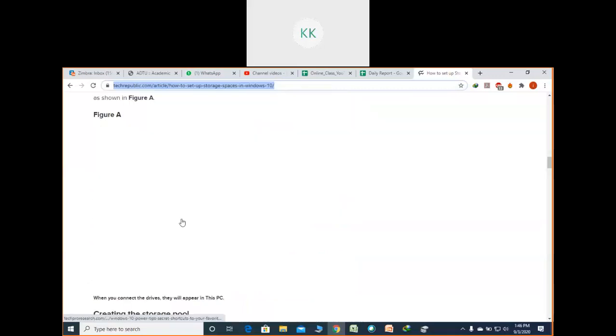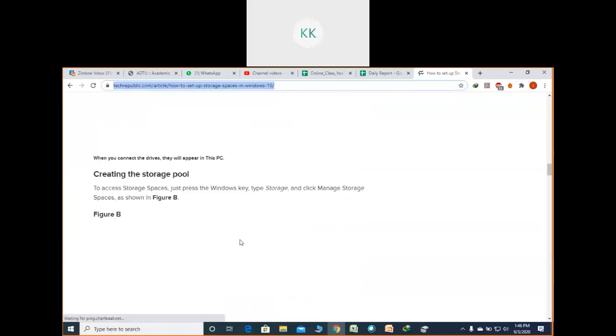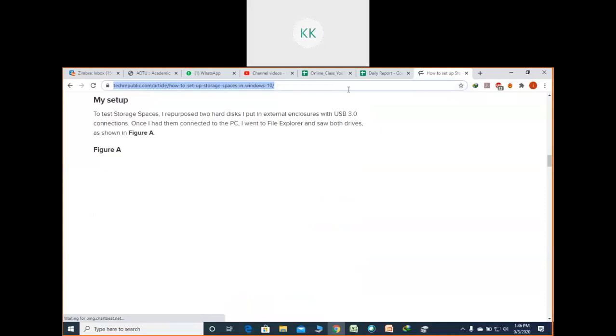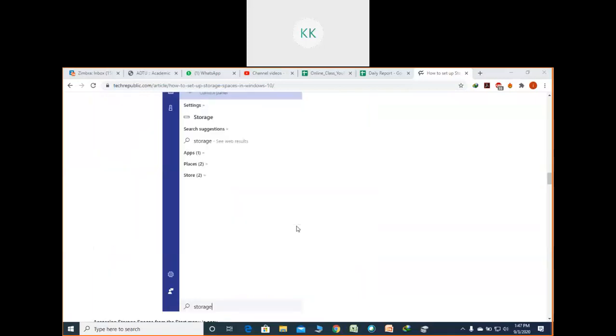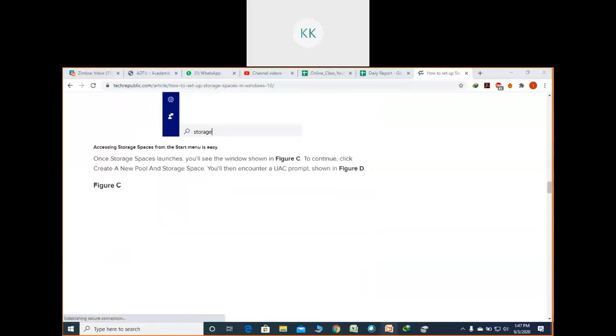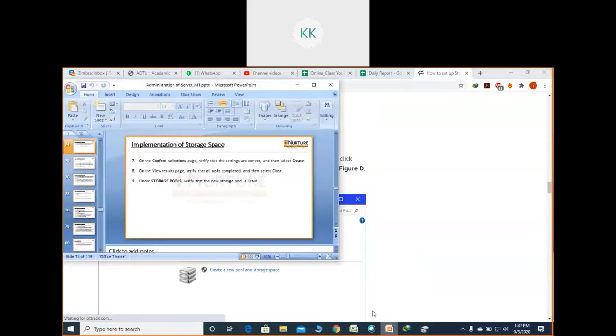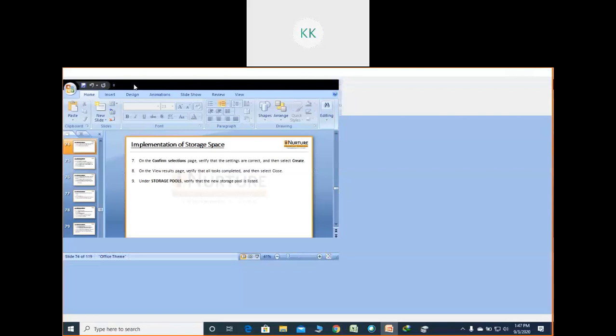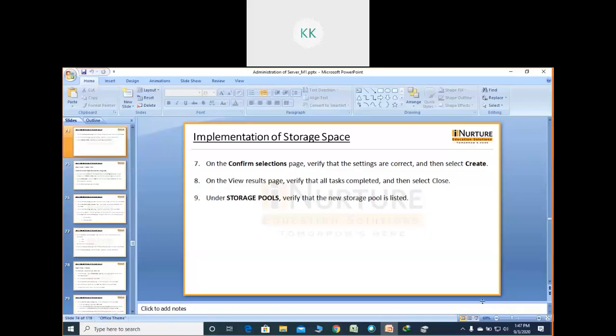Wait for some time. All these images will be displayed. You only have to follow those steps, then automatically it will be done. Please note down the URL. They are coming one by one. Please go through it. It is not so tough. You can manage it. Again, if you have doubt, then we'll discuss in the next class. For the time being, please copy and paste this link, and later on you will explore.